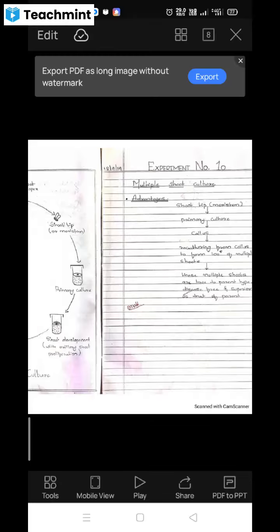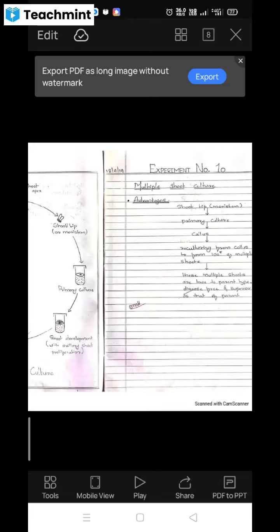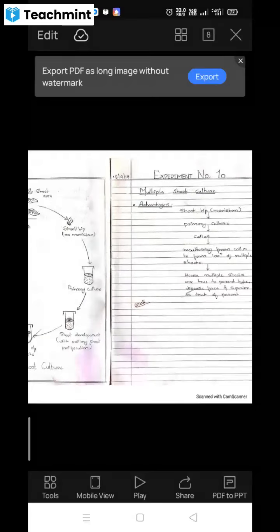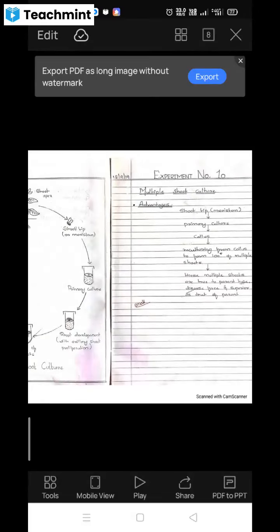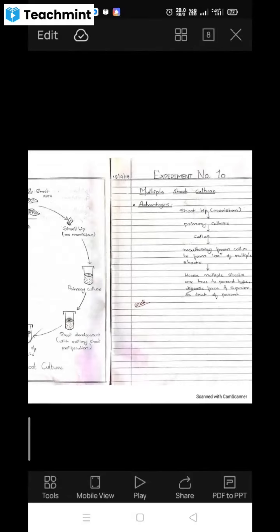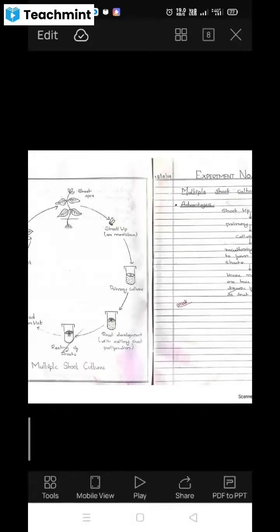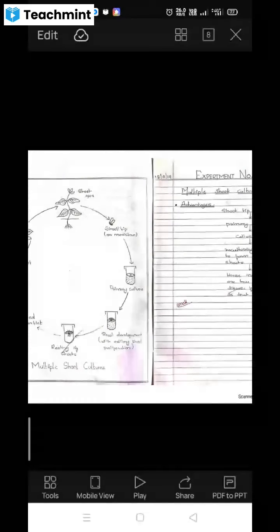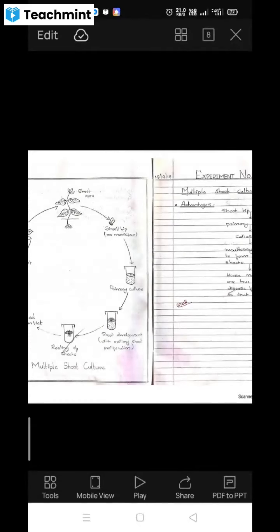So here in multiple shoot culture, as you know, for tissue culture we can use the shoot or meristematic part of that plant, shoot tips, जो tip portion रहता है. So you can see here in the figure, जो अपेक्स में जो यंग शूट डेवलप होते हैं, this shoot we can use as an explant, and through this explant we can get a number of plantlets.